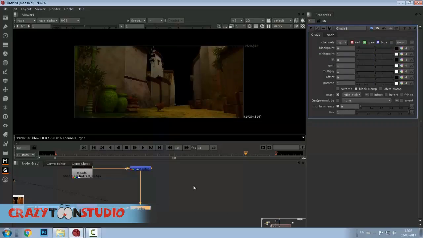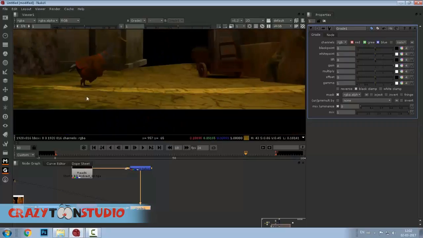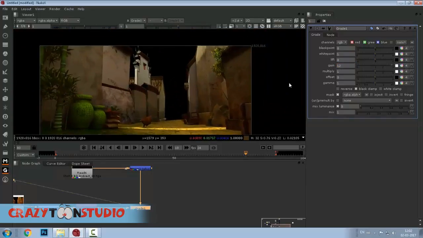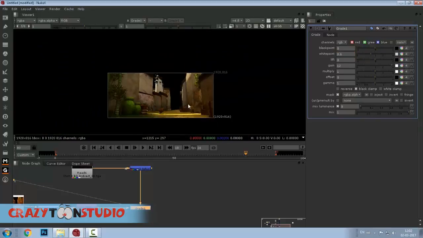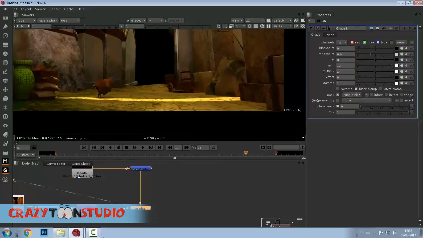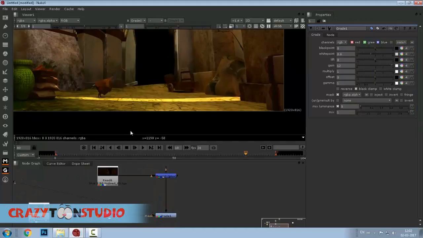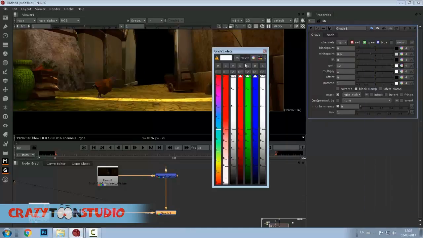So now I can grade it out like this. See how we are getting some information over here. We can grade it out, or we can use something like this. It's totally up to you. You can use this kind of setup, or you can directly merge it out and do everything. Okay, in grade I can use color information as well,